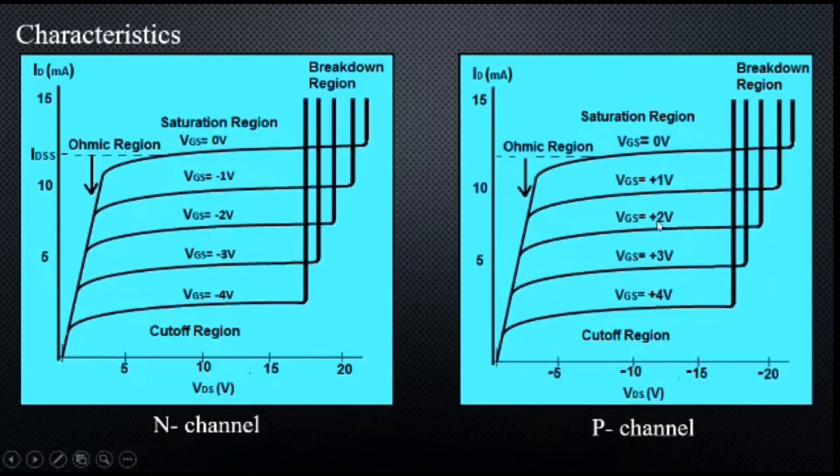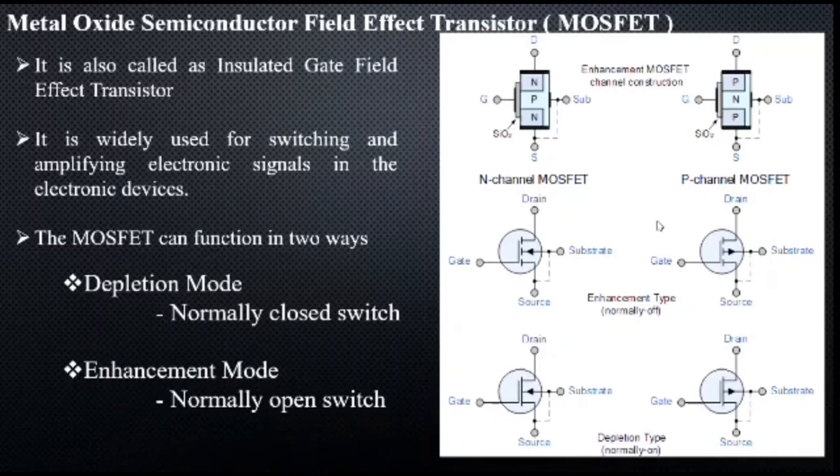So this is all about a JFET and its characteristics. Now comes the MOSFET. As well as the junction field effect transistor, there is another type of field effect transistor available whose gate input is electrically insulated from the main current carrying channel and is therefore called an insulated gate field effect transistor. The most common type of insulated gate FET, which is used in many different types of electronic circuits, is the metal oxide semiconductor field effect transistor, that is MOSFET.